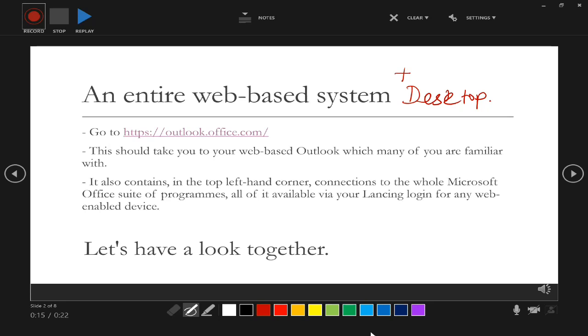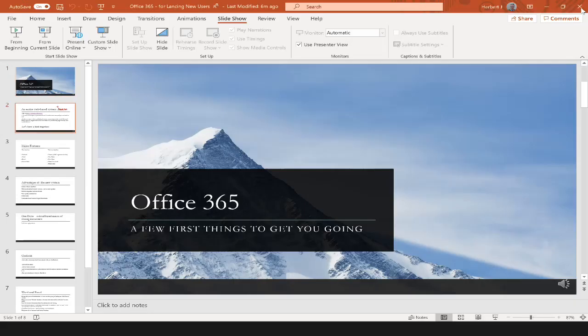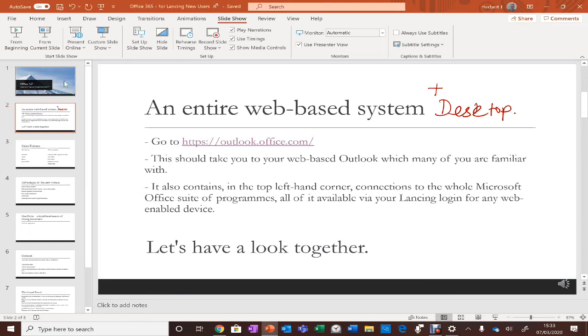When I'm done with this, and I'm just going to record for demonstration purposes these couple of slides, I'm not going to go through the lot because that would be incredibly dull to watch, I'm going to click right at the top here, this close function. So I'm going to close that, and then I'm going to go to the presentation,